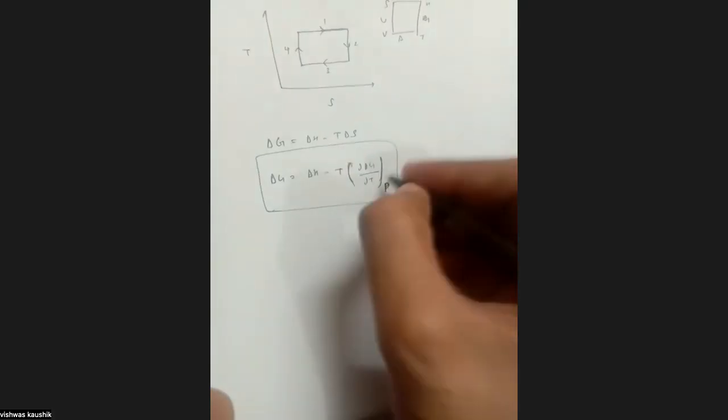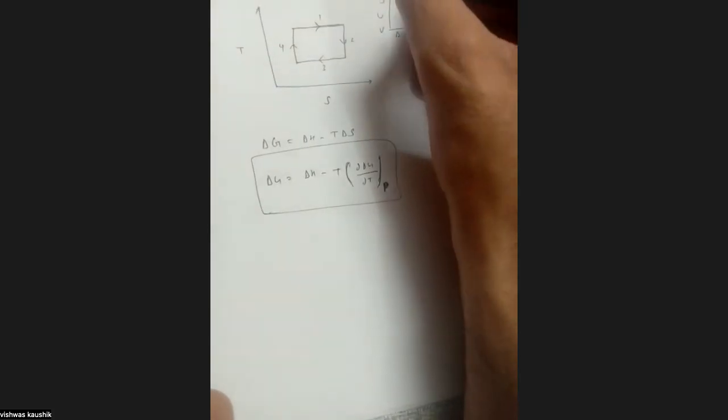What is the difference? Delta G is equal to delta